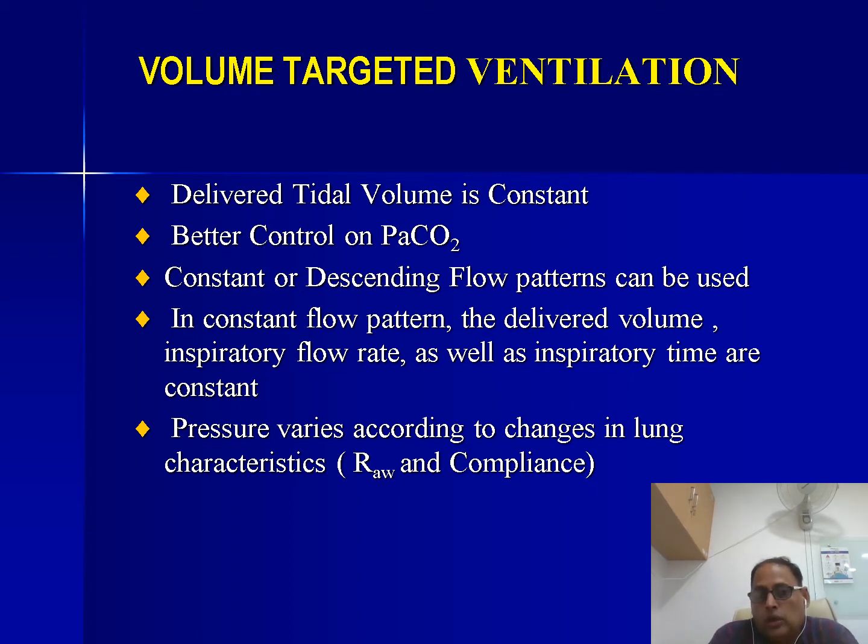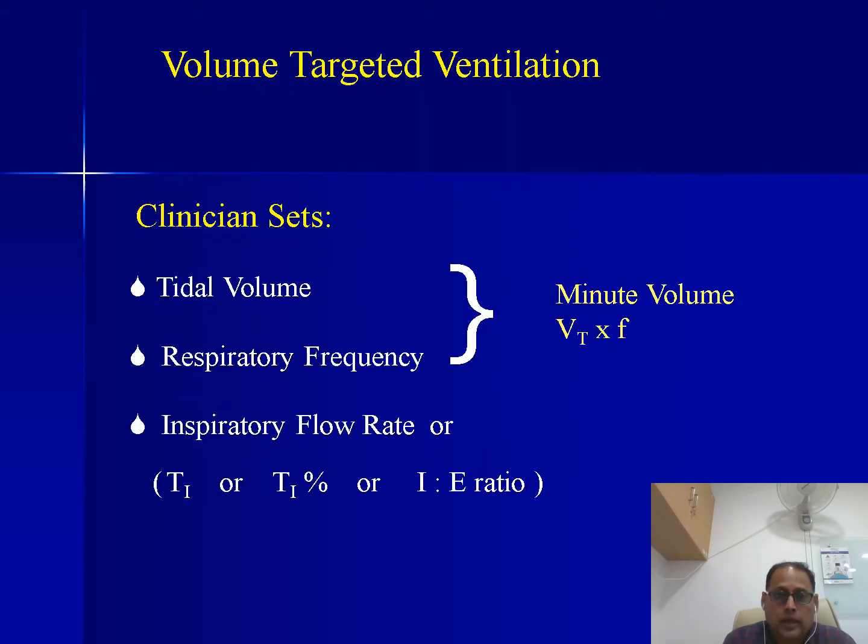So if the resistance of the airway is high, remember how the pressure is generated. Usually the airways have a tendency to collapse on their own, right? So when air passes through a collapsible tube, the walls of that tube put a pressure, and that is the airway pressure. So if the airway resistance is high for any reason, say for example COPD, you will have a higher pressure. Similarly, if the lung compliance is low, then obviously the pressure would be higher.